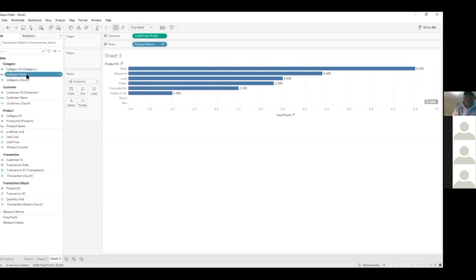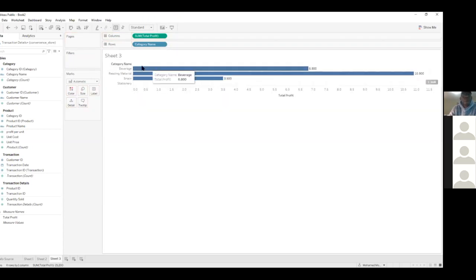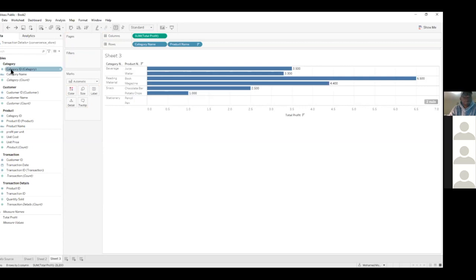So here you remember for each product we have a category. So putting this category at a higher level than the product name, we can decide for each category the maximum profit. You can have this product name drop there, and you can answer another question, or you can construct a hierarchy. What is a hierarchy? It is relating the category name to a product name, and it will give you the ability to